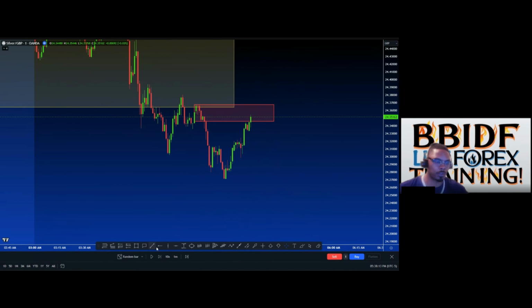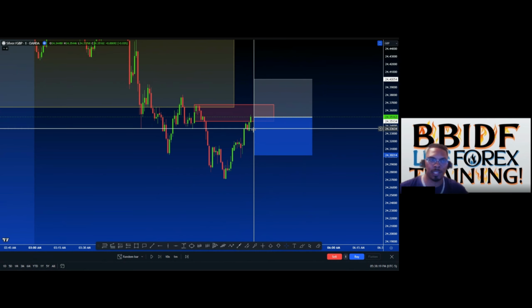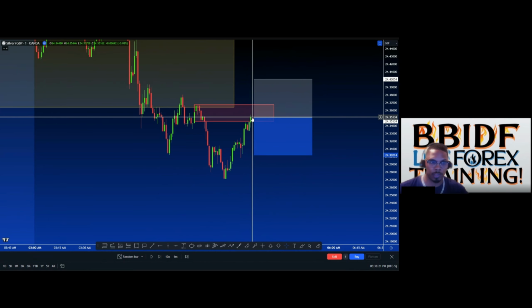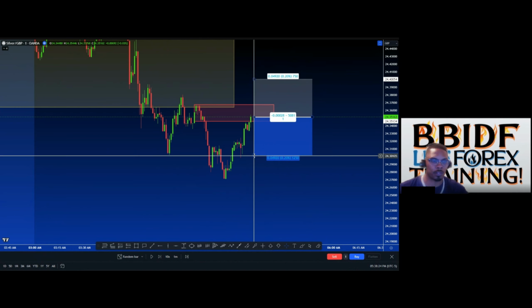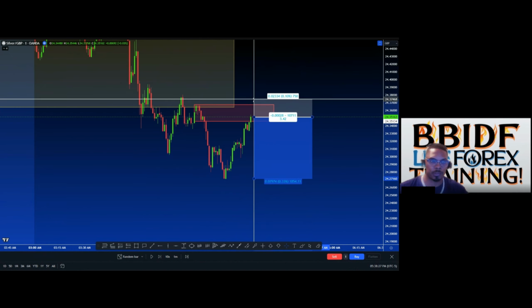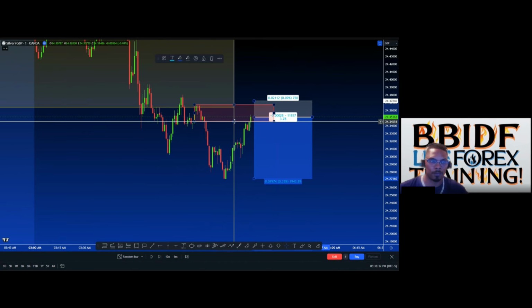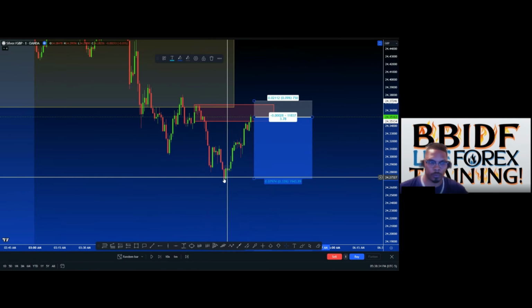So now I'm going to take a sell right from here. Again, this is premature because I did not wait for any bear candles to show up to show me that price wants to start going down from this area. So just know that that's premature. But here, I'm going to take the position anyway. I'm going to put my stop right above the supply area, and I'm also aiming for this low point, which is a take profit area.